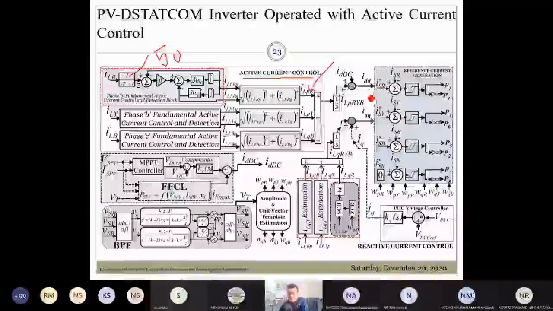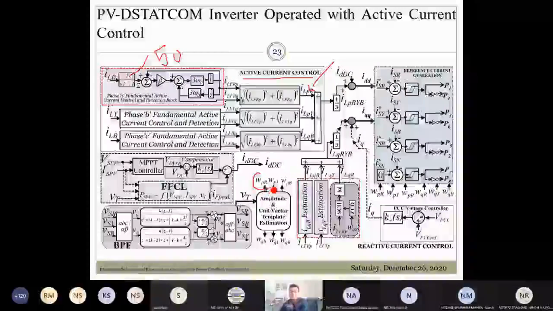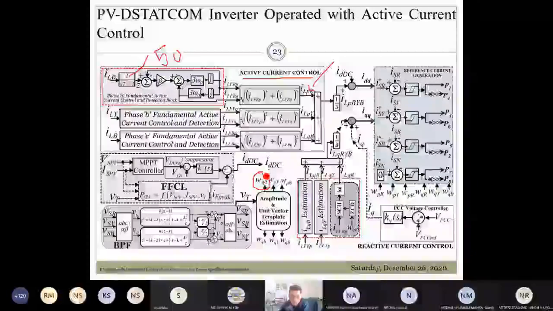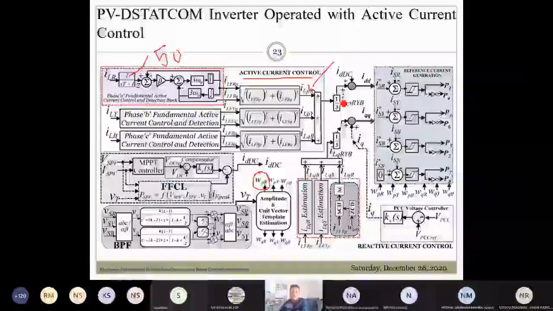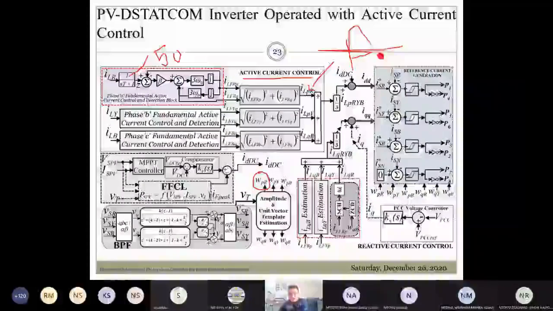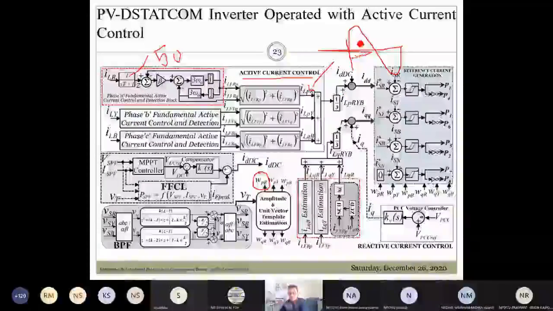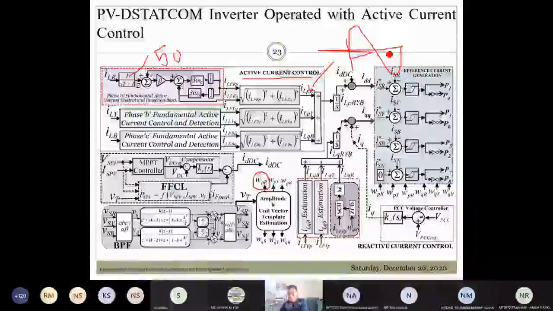Now this DC value will be multiplied with this unit vector template. See here, this is a sinusoidal voltage with amplitude of 1, so it will be multiplied. Again, as I mentioned, you have this reference grid current, but now it is an amplified version. Earlier it was an amplitude of 1 and now it is multiplied with this 15. This will be considered as your reference grid current, and your actual grid current will be deducted, and this will give you the compensating commands.